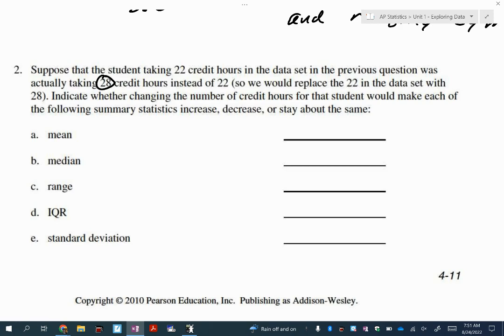So when it asks what's going to happen to the mean if that highest number, 22, increases to 28, that's going to take the mean and also increase it. I'm not sure about how much, but I'm pretty confident it's going to increase. The median could go up, depending on the number of data values. It could change, but it's just not going to change as much as the mean. So I'm going to put stays about the same